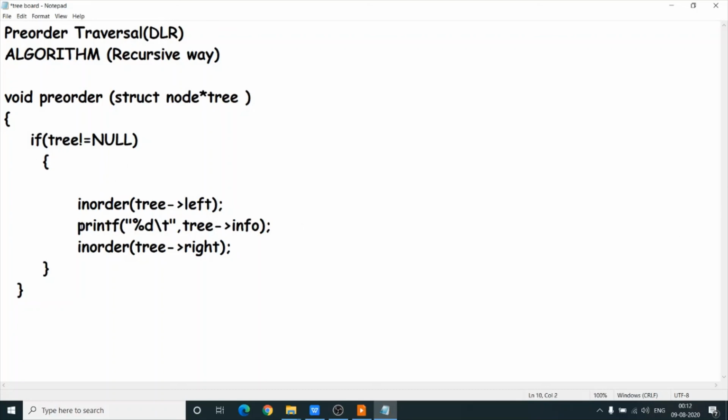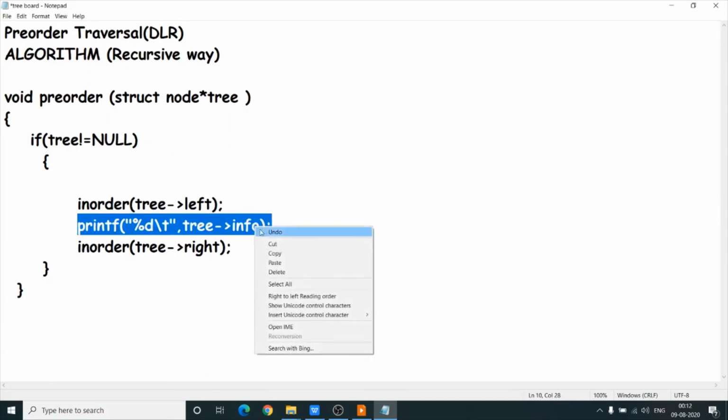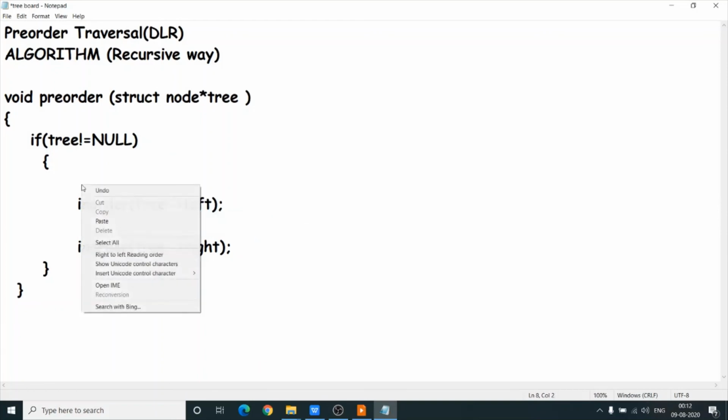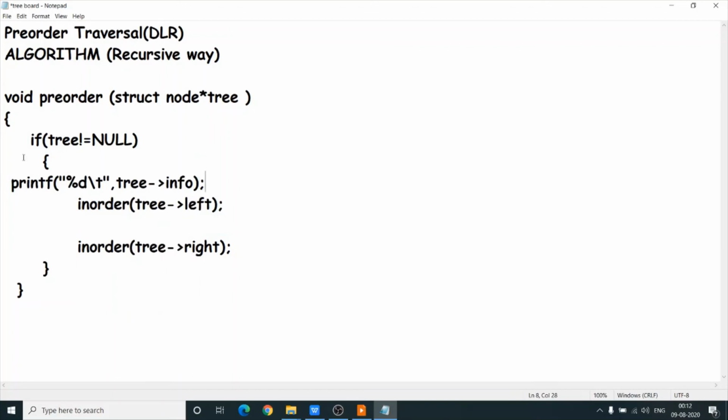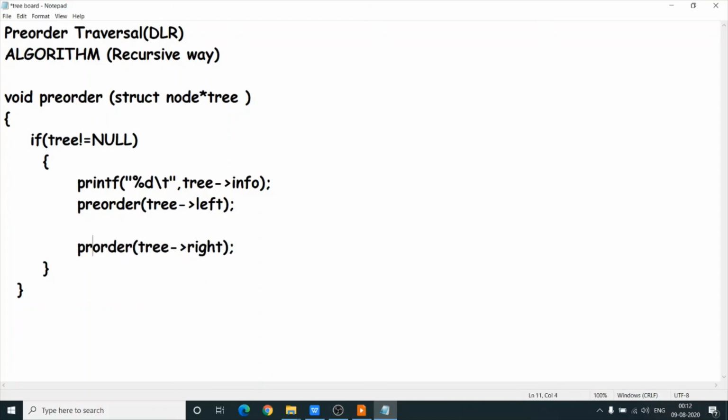First you have to print the info, because it is DLR. First you have to print the info, then visit the left child, and next visit the right child.